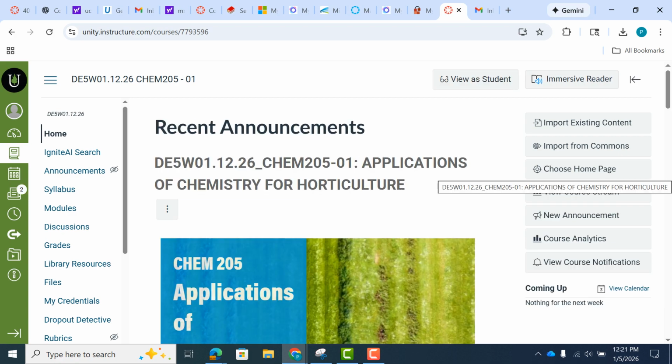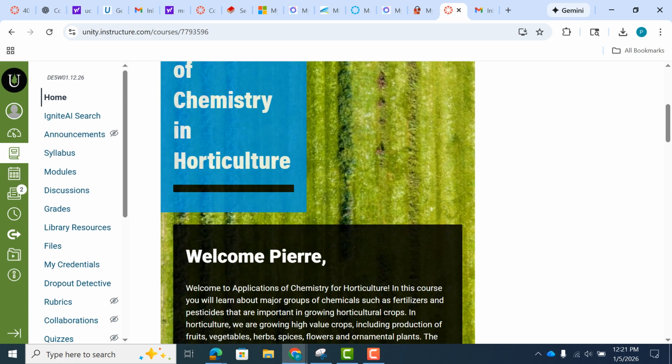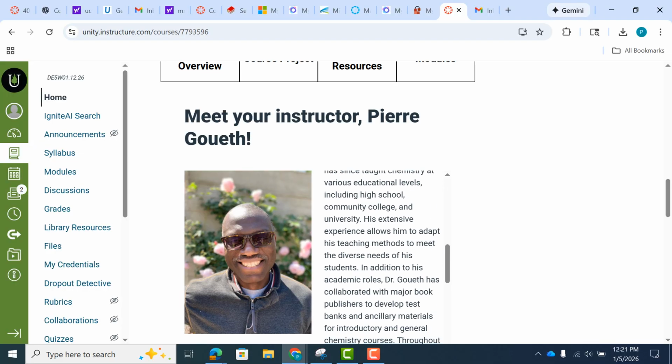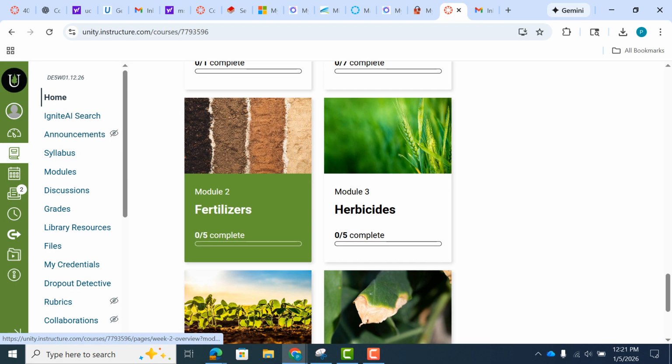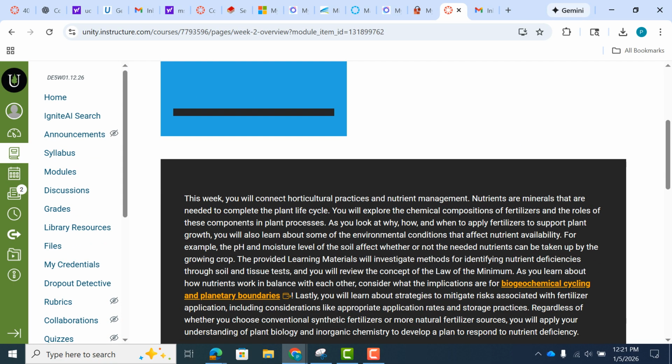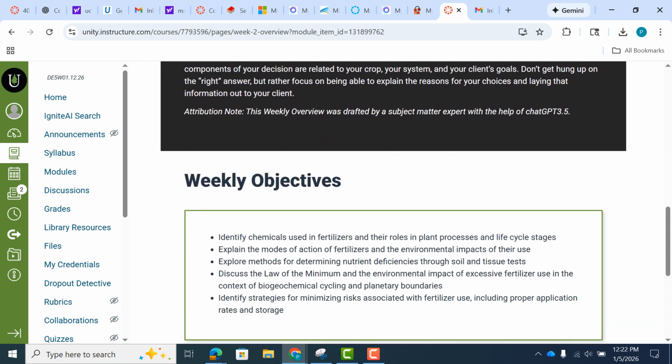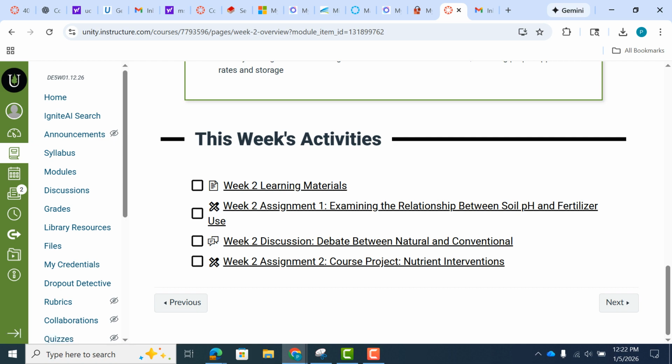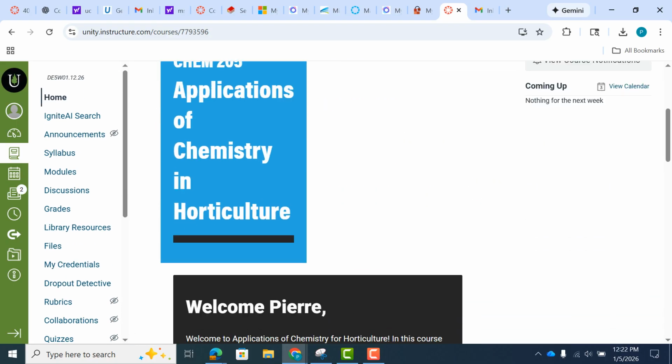On week 2, you're going to focus on nutrients, soil pH, and fertilizer. You examine how soil chemistry affects plant productivity and propose nutrient-related interventions, comparing natural and conventional options. So here in week 2, you have learning material, assignments 1 and 2, and a discussion, just like in week 1. And then week 3,